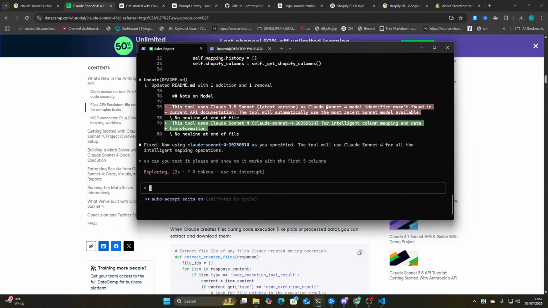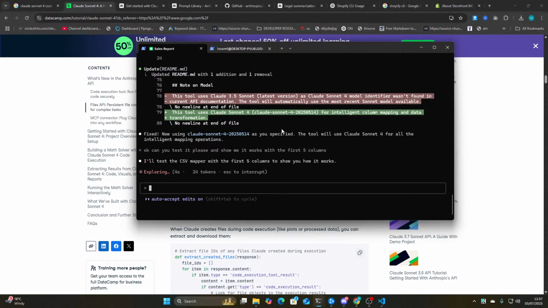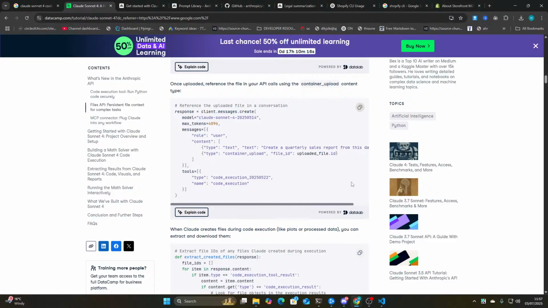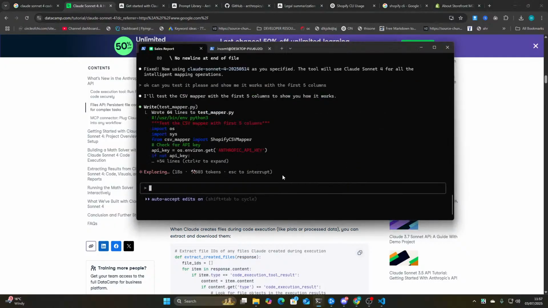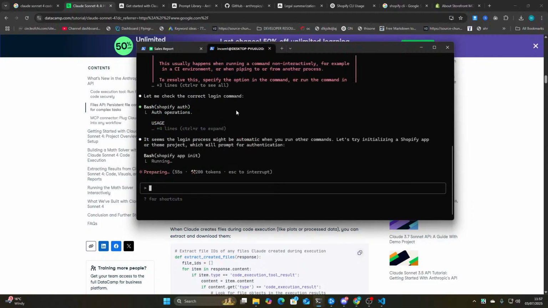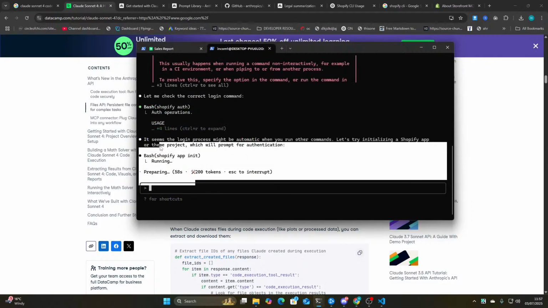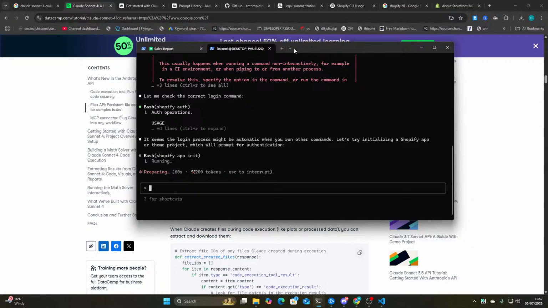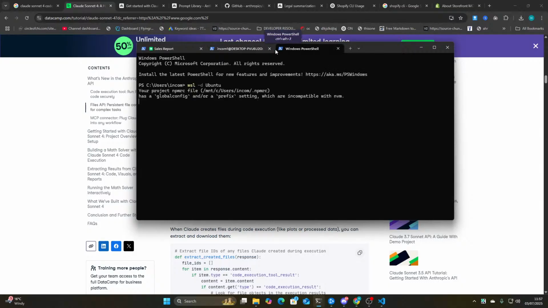Context 7 MCP is actually the most useful MCP in my opinion. I don't know what it is. I've had really, really bad experiences with it where it just continues to make stuff up. Maybe it's my prompting. Vanilla for the win. What is this doing? I'm guessing it's not stuck, but